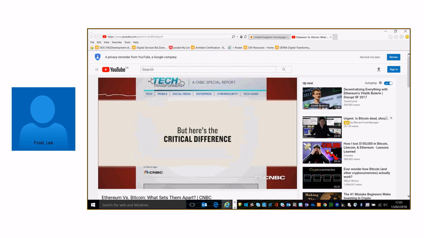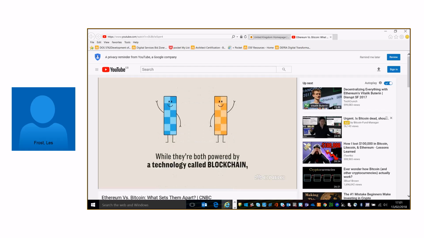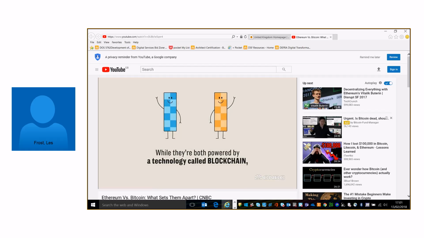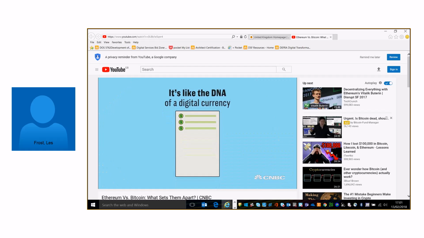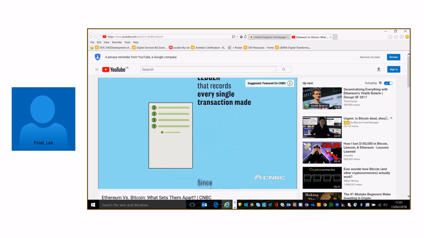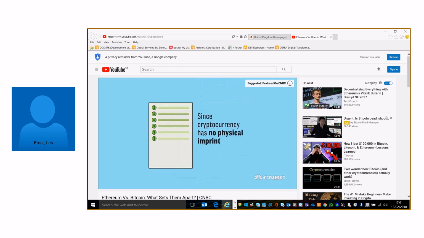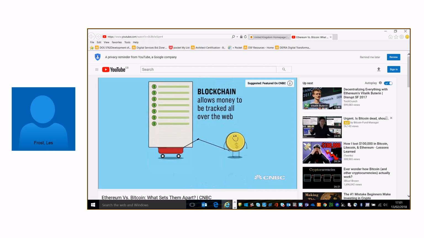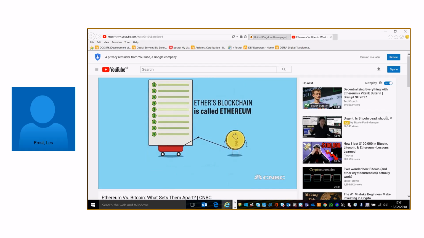But here's the critical difference. While they're both powered by a type of technology called blockchain, a whole lot of people think Ether's technology is way better. So what's blockchain? Think of it like the DNA of a digital currency. It's an online ledger that records every single transaction made. Since cryptocurrency has no physical imprint, blockchain allows money to be tracked all over the web so it can't be copied or counterfeited. Ether's blockchain is called Ethereum, and unlike Bitcoin's blockchain, it features a key piece of technology called